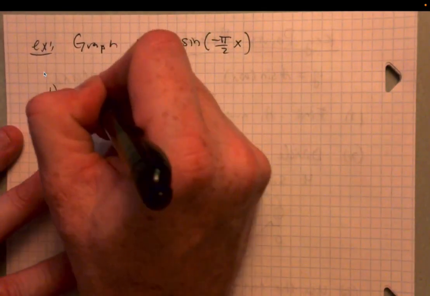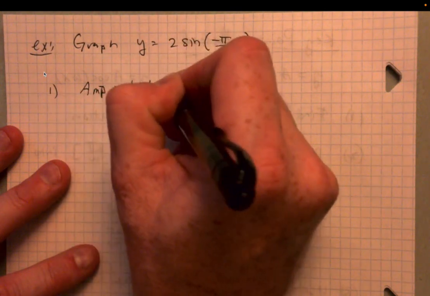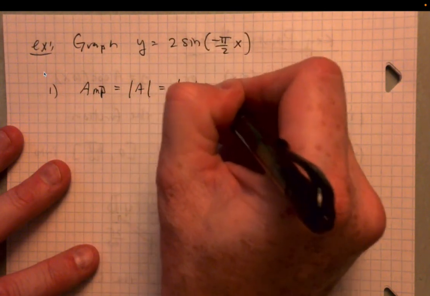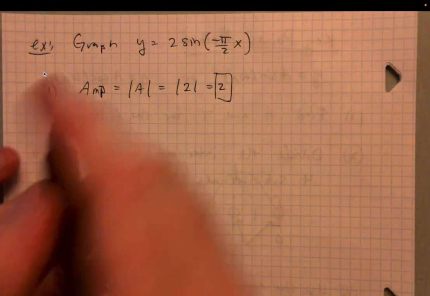Amplitude is really easy. It's just going to be the absolute value of a. In this case, that's the absolute value of 2, which is just 2. So we've got the amplitude. The period